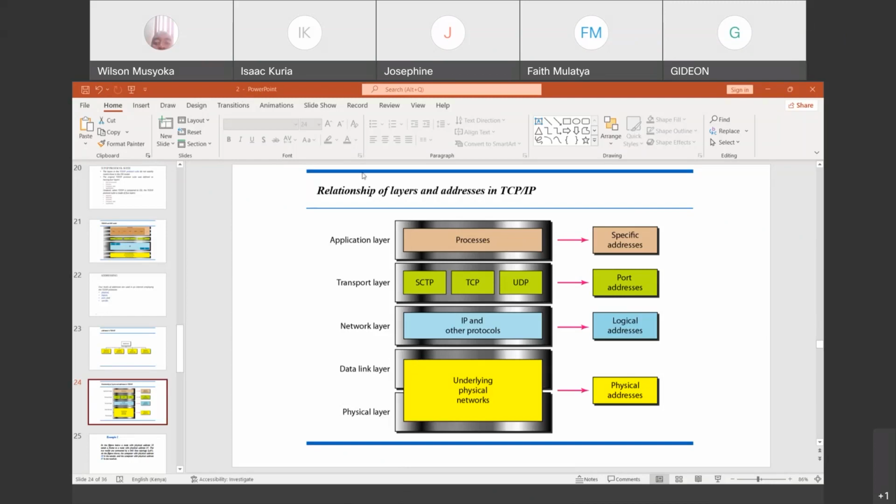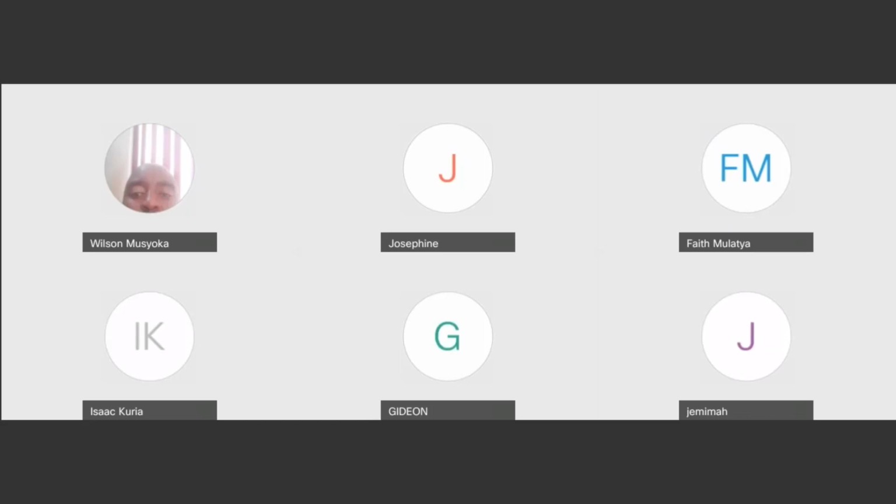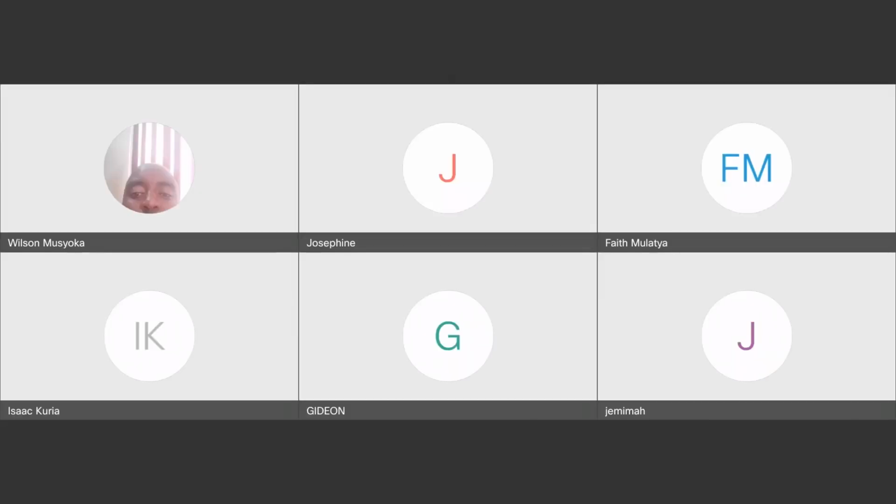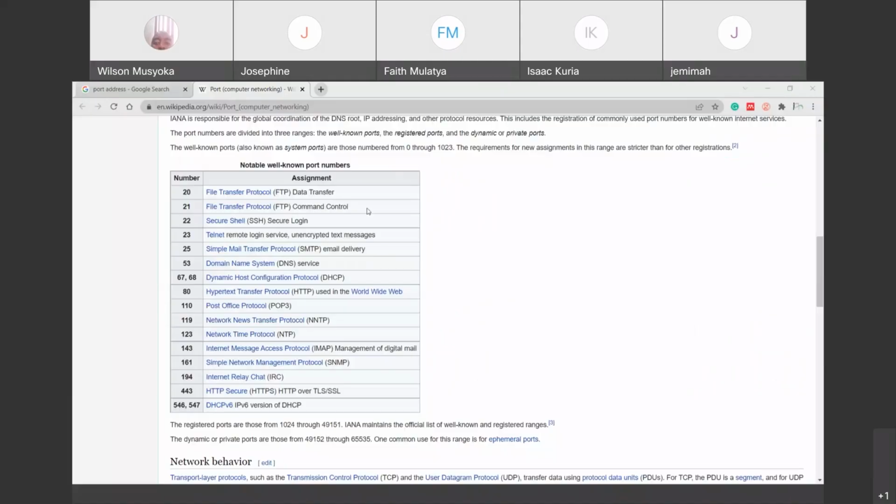Like for example, if I could just share this, a simple Google search will give you some of these port addresses. I hope you can see them. Like the FTP, File Transfer Protocol, it will have port number 20. Another FTP will also have port number 21. The first one is for data transfer.